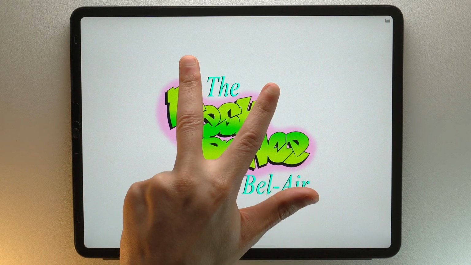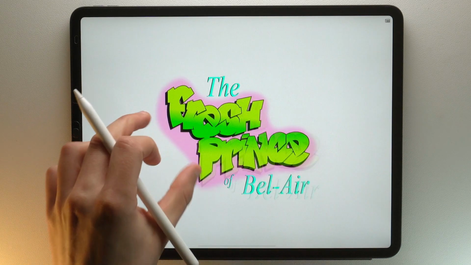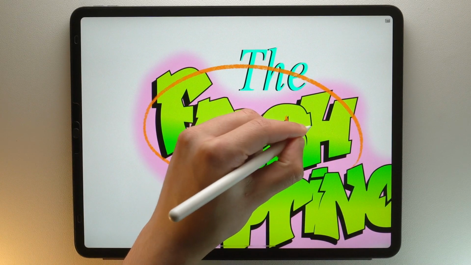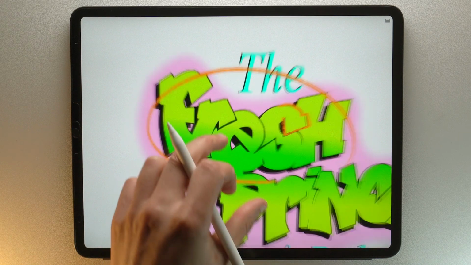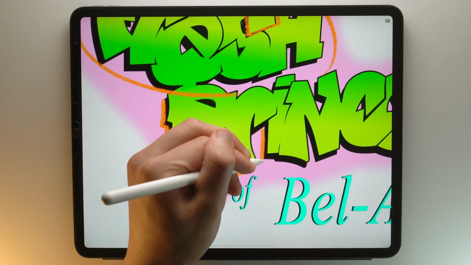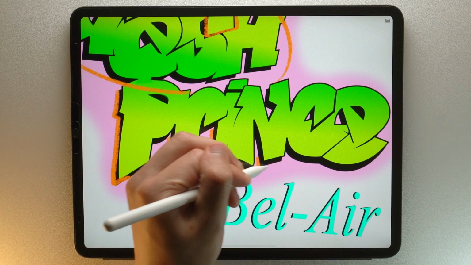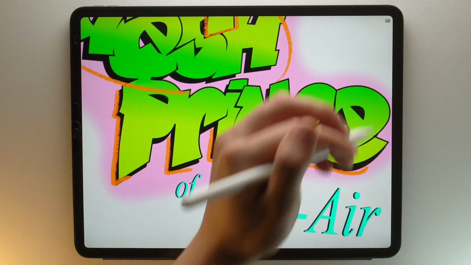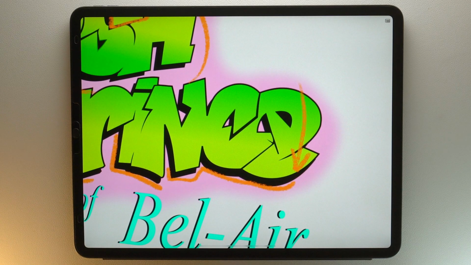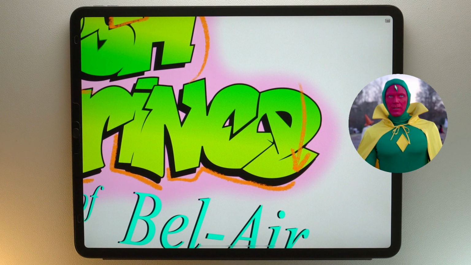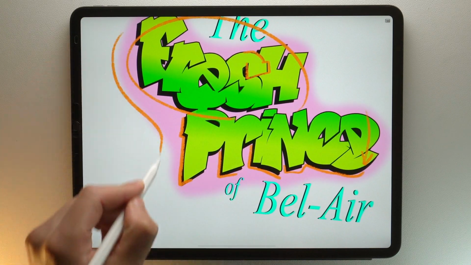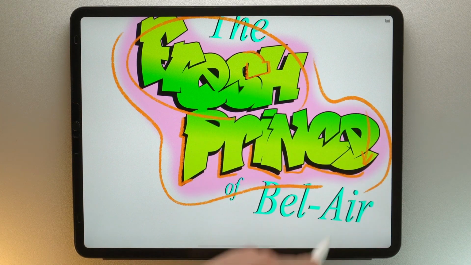There are three elements that I will be inspired by it. The first one is, of course, the style of these big letters with the black outline. The second one is the shadow behind the letters to add a 3D effect. I will even accentuate this effect in my lettering. The third element is the gradient of colors inside the letters. Besides, I will even take similar colors since they correspond to the old Vision costume. And I'll add a similar background behind the logo with more flashy color and graffiti style.